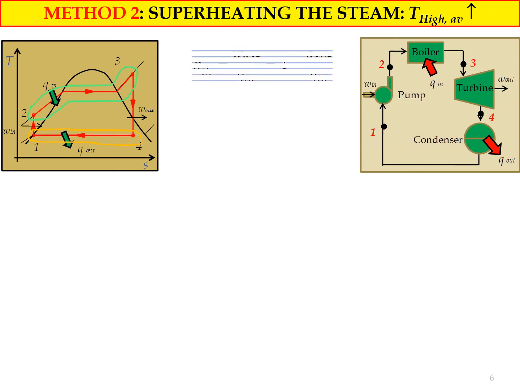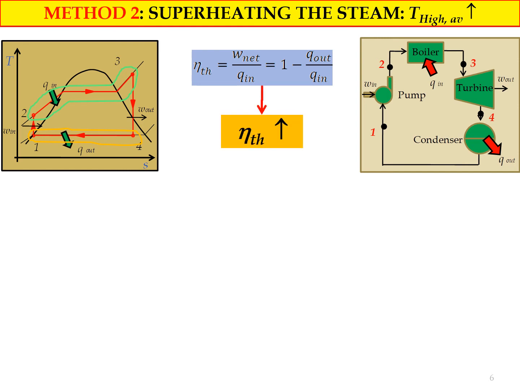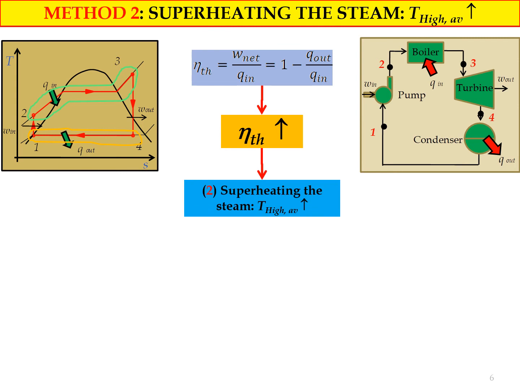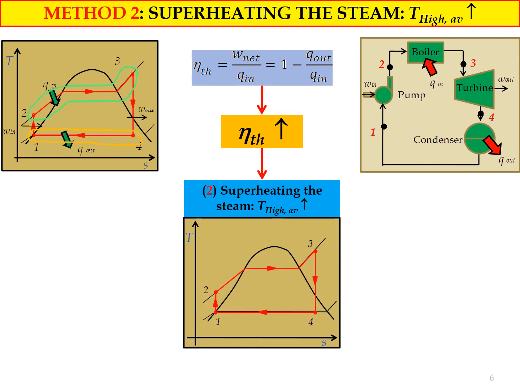Method 2, superheating the steam at a higher average temperature. So this is the TS diagram, and this is the thermal efficiency. How do we calculate the thermal efficiency of the system? And to increase the thermal efficiency of the Rankine cycle, we can increase it by superheating the steam to a higher average temperature. Let's say this is the TS diagram. As you can see, what it means by the higher average temperature is we increase the steam to an even higher temperature, 3 to 3 prime,